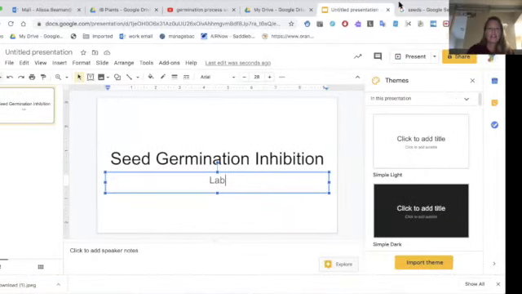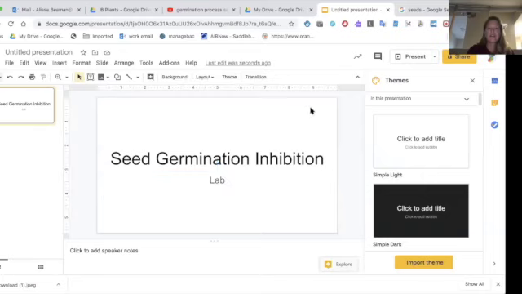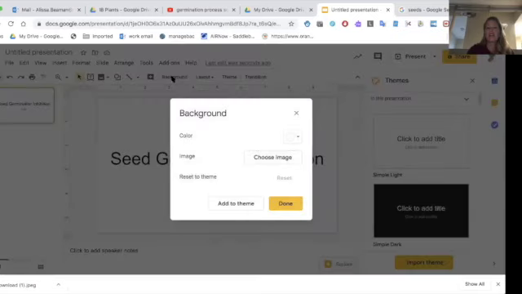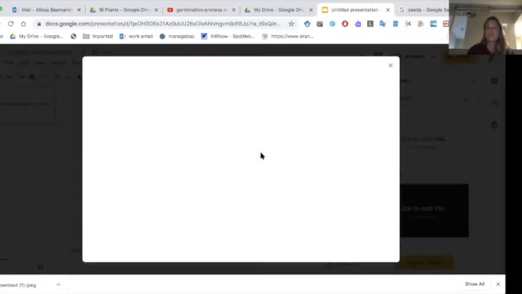and I find where on my slide nothing is highlighted. So my seed innovation isn't highlighted, my lab's not highlighted. I've just clicked on the slide and you can see I get the word background. If I click on that, I can then choose an image